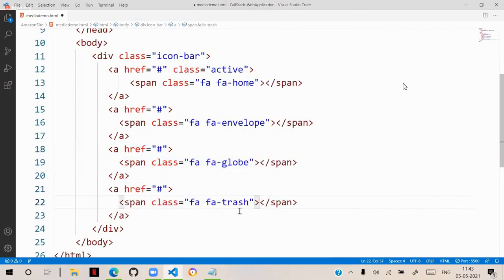Actually, this is the icon bar, and in the icon bar we have this design, and when you run this, you can see it will be like this. These are the icons: home, envelope, globe, trash. These are the icons available. Fine. What we will do now here is,